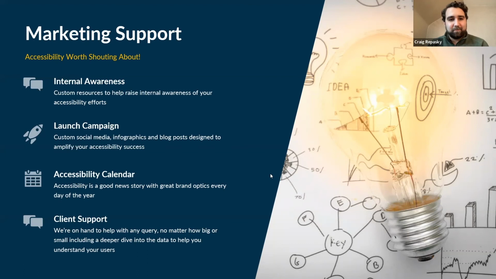So we have a drive or a folder full of internal awareness resources that include email templates, newsletter distribution, things that'll help you make your employees aware that you have added the toolbar. And these templates are super easy to use. They're very simple. You kind of cut and paste your organization's name in there and it's done. So it's not a huge undertaking to let your employees know that you've added this Recite Me to your